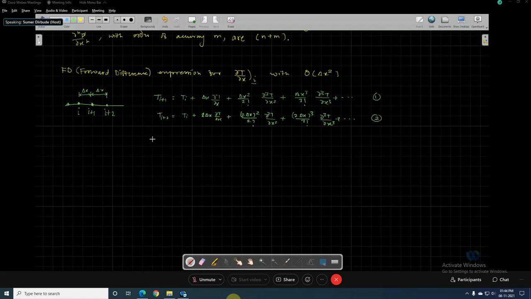So what we'll do is we'll do equation 2 minus twice of equation 1. So that will give us Ti plus 2 minus twice Ti plus 1 will be equal to minus Ti plus